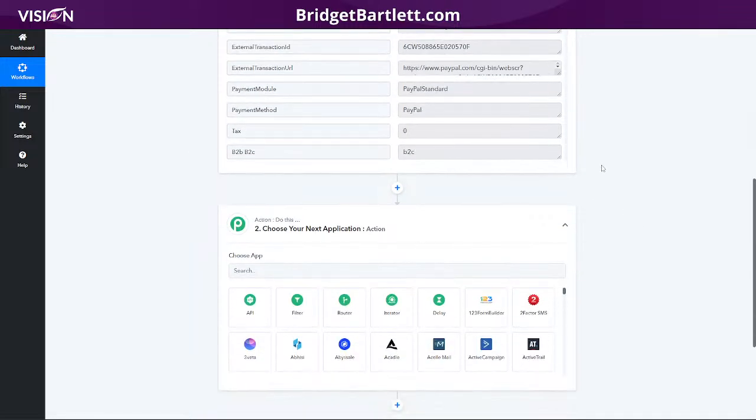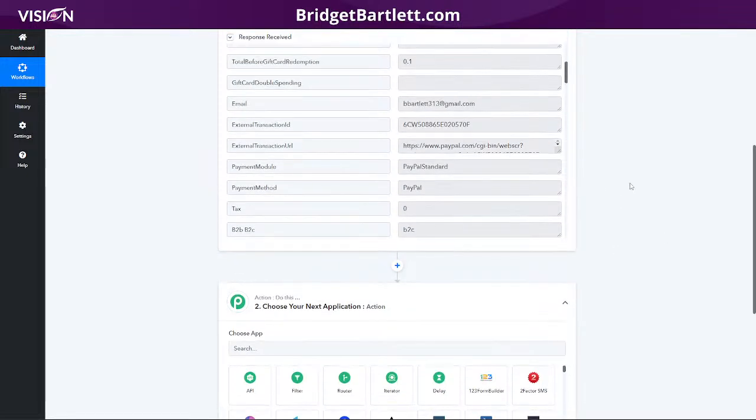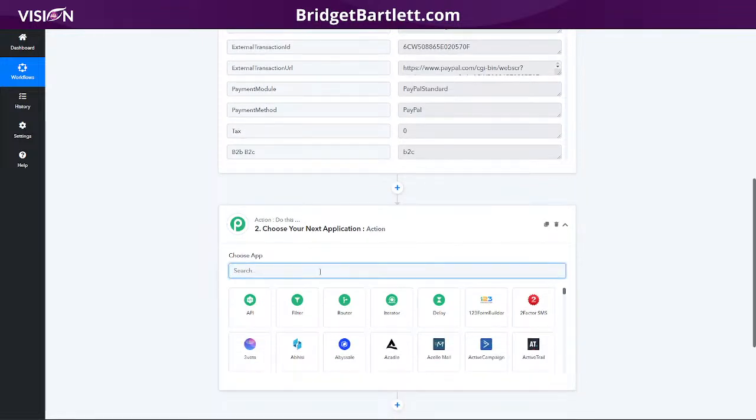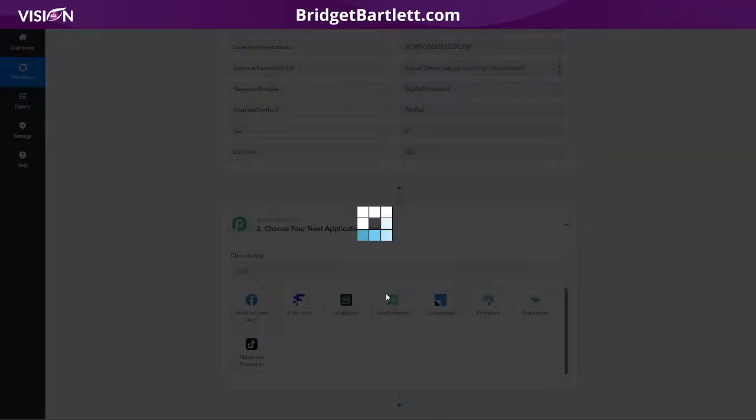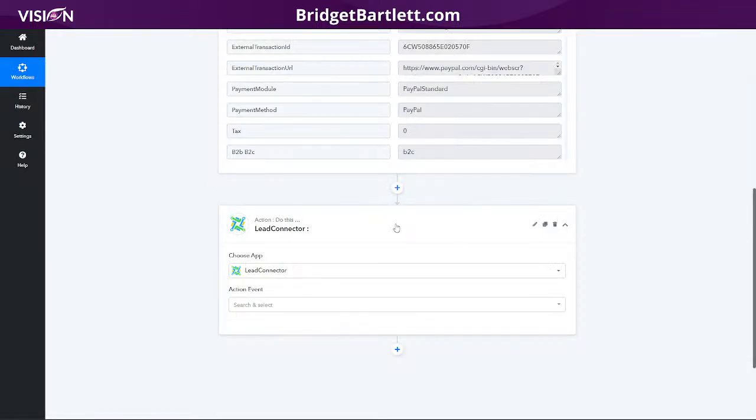Okay, so now we've got the sale, right? We have a customer who purchased the item on our store, and now we need to send it somewhere. Okay, so what we want to do is send that information to HighLevel. And if you're looking up the Zap or the integration for HighLevel, it's actually called Lead Connector. It used to be called HighLevel inside of Pabbly,